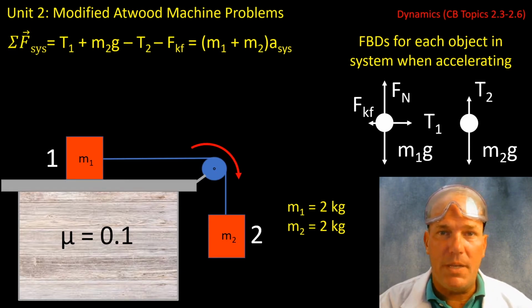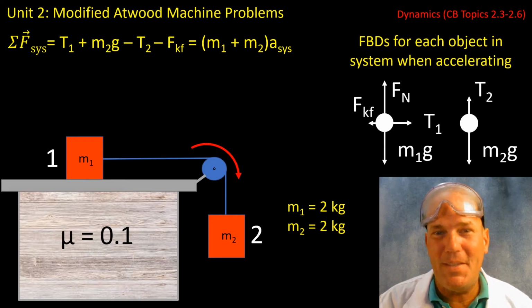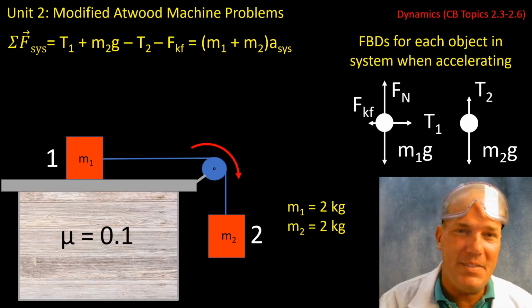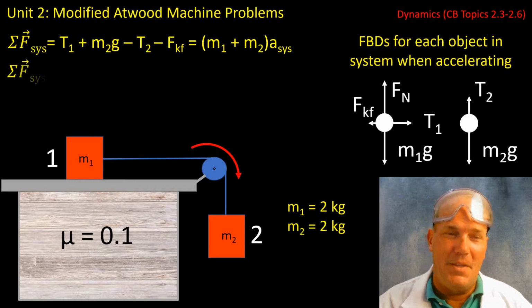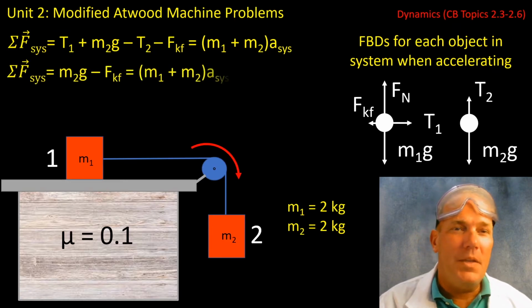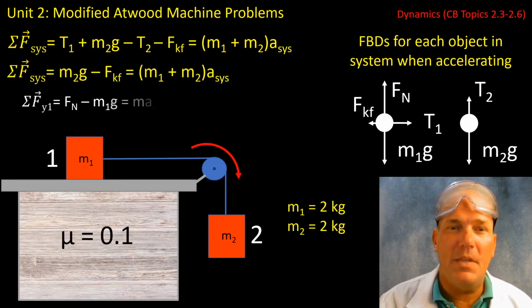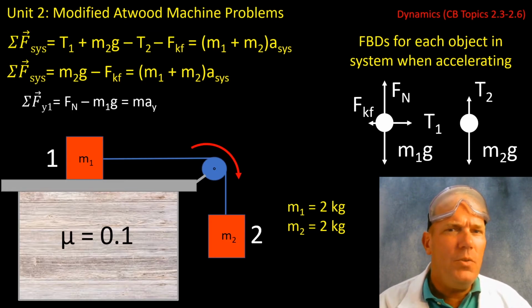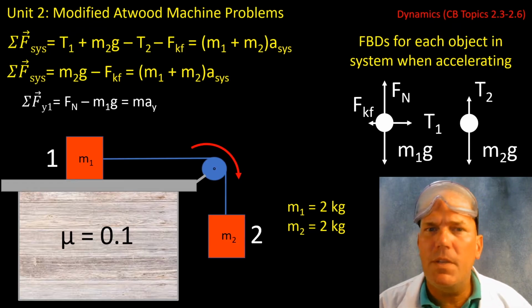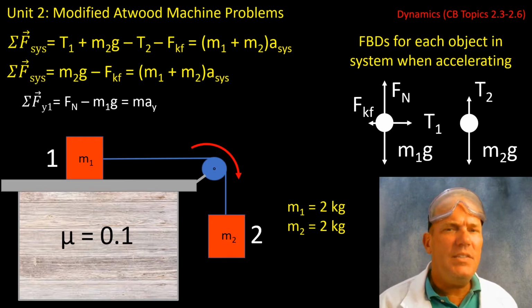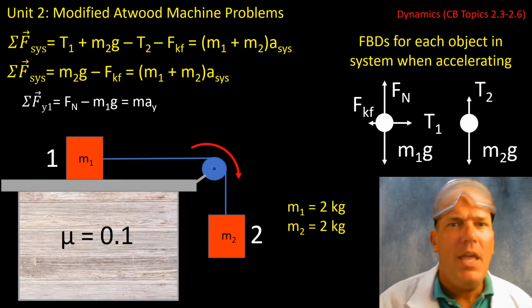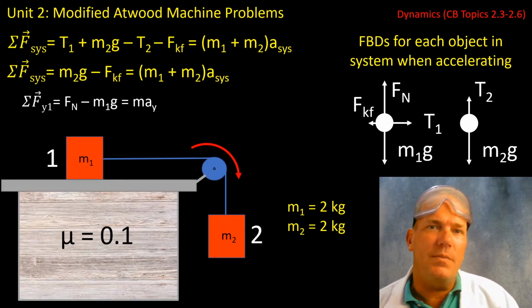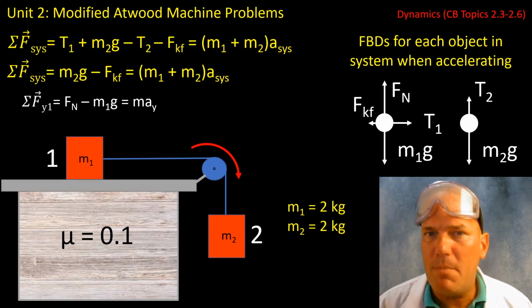Also notice I'm taking the sum of the masses again because this is a system summation. So I'm going to solve for the acceleration of the system. However, I run into an issue here, this force of kinetic friction. Since the system's accelerating, I need to figure out the force of kinetic friction, which brings me to a major